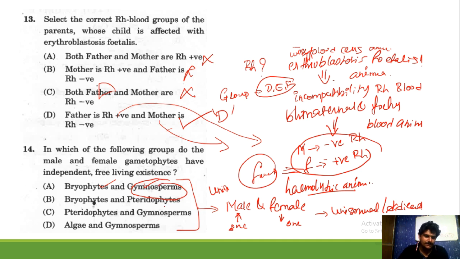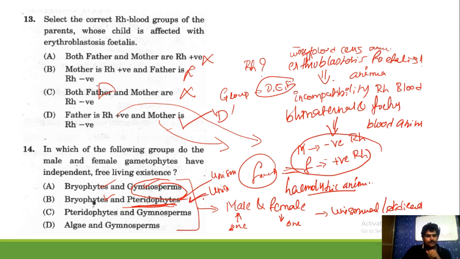Some of them, only some of them are having. So then whenever we come to the next point, that is bryophytes, yes, it is right. Then pteridophytes, let's remember what type of reproduction process happens in the pteridophytes. Pteridophytes are also one of the type of unisexual plants. So these have an independent existence as a male and a female plant. So the answer is B.